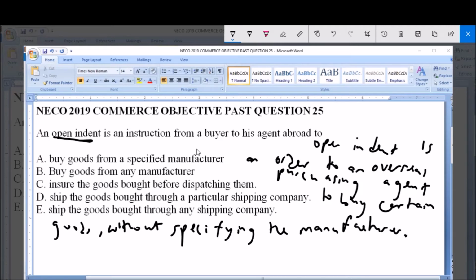So an order to an overseas purchasing agent to buy certain goods without specifying the manufacturer, so from any